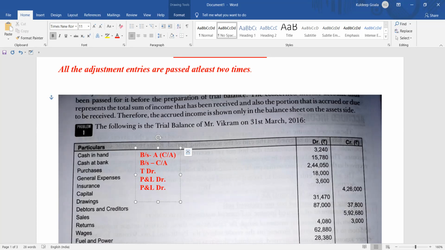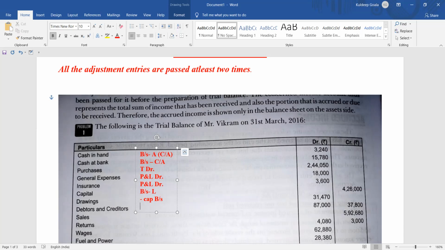Okay. Then comes capital. Capital, we know it will go in the balance sheet. Which side? Liability side। Balance sheet, liability side. Capital itself has its own identity, right? So it doesn't require any other separate heading. It itself is a heading, so that will be enough for it। Balance sheet, liability side। Then going to the next one, drawings. Drawings is a deduction from capital, right? It will be deducted from capital in the balance sheet।